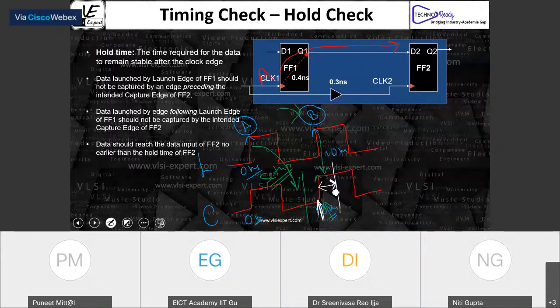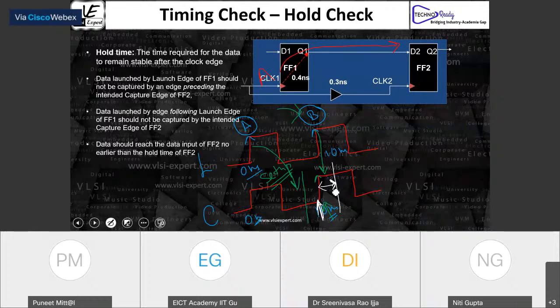So when the flip-flop is saying, I'm giving a guarantee, that's not a guarantee, because even if it is 0.1%, some other data will come and replace the previous data. That means the flip-flop is not giving you the guarantee.